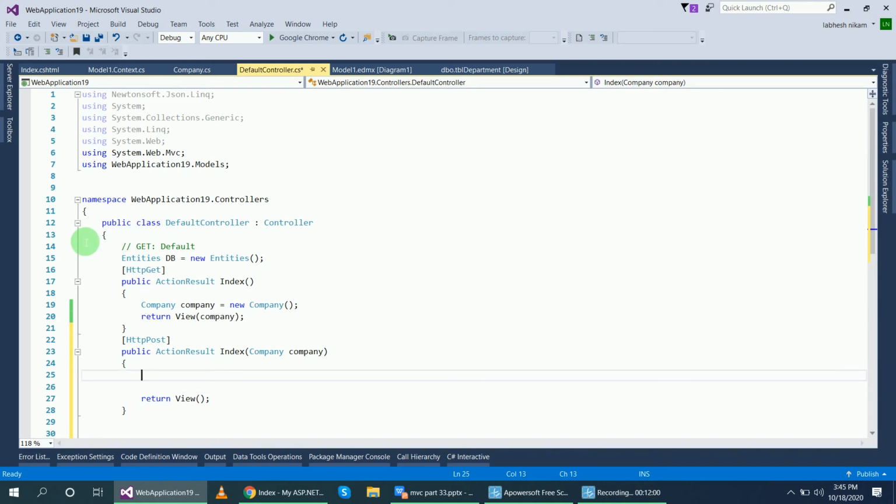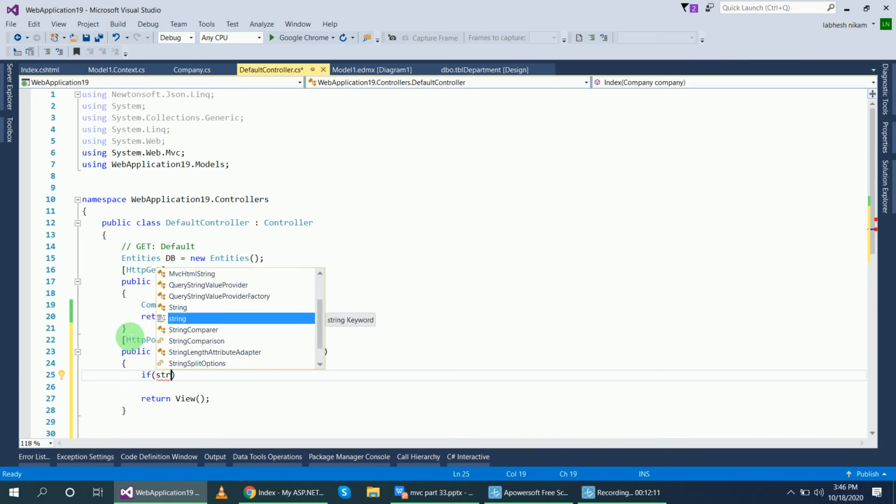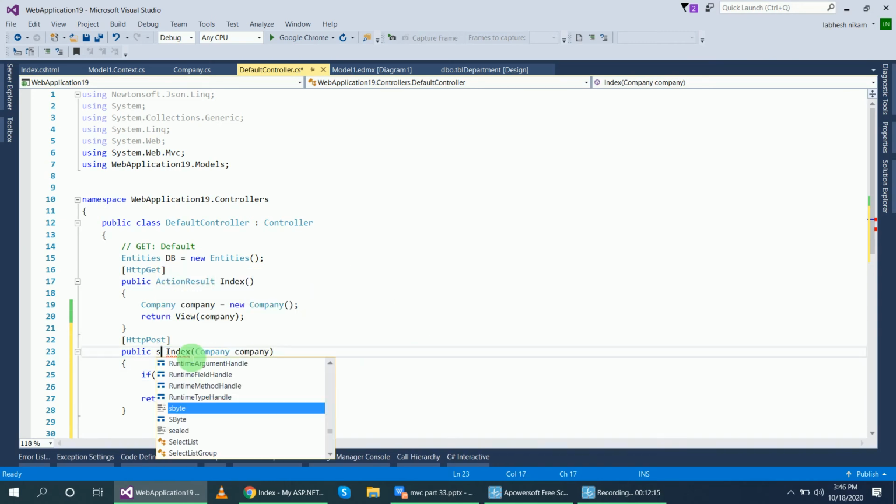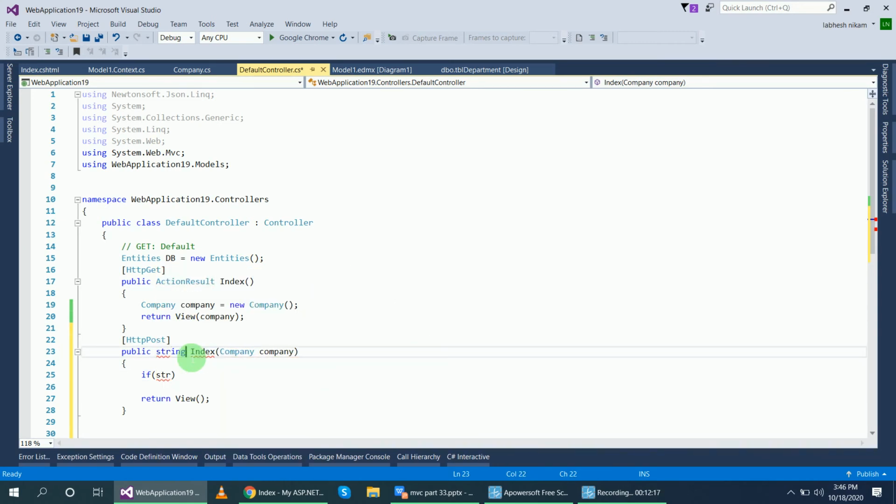And now, before that, in place of ActionResult we will write string, because we want to display the string in place of ActionResult.